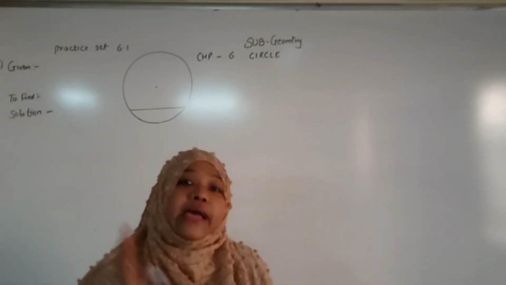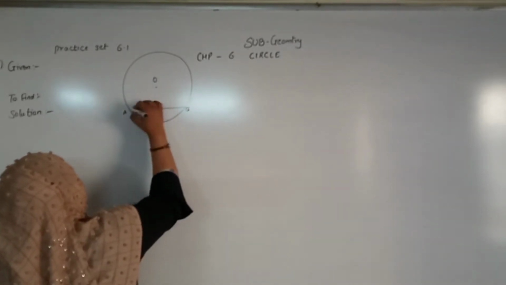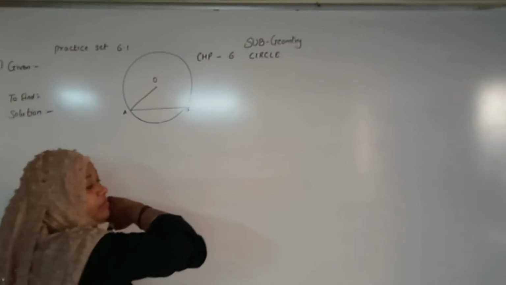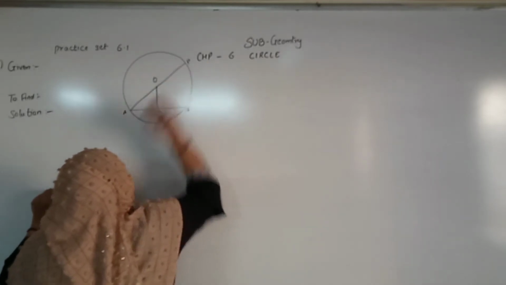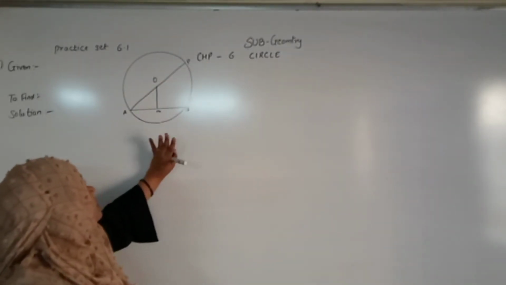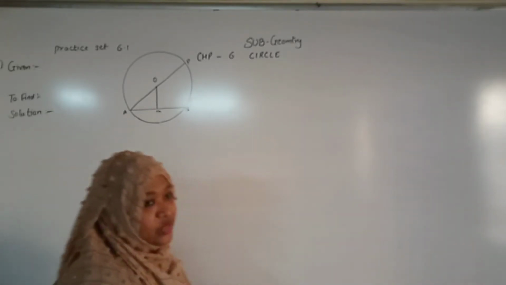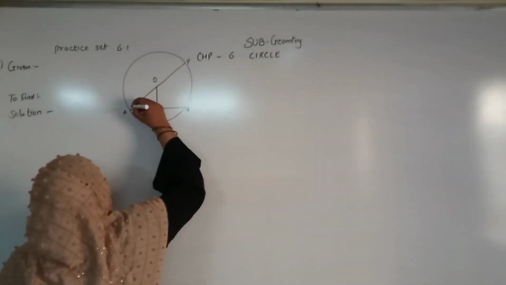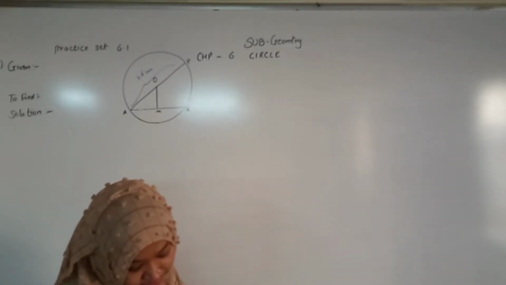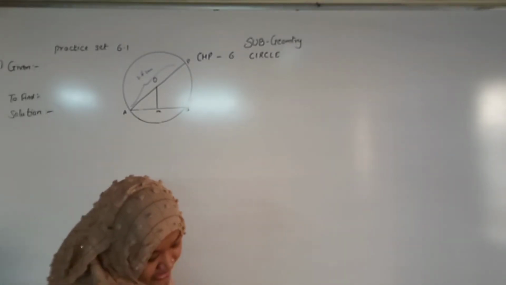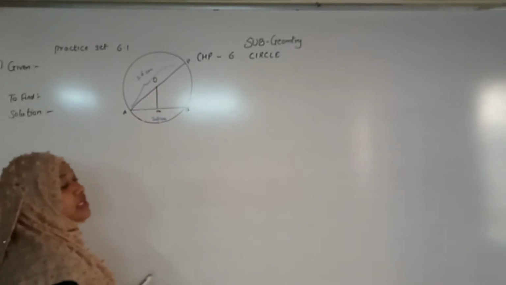So we will take names for our help. So I will always take length AB as a chord, O as center, AO is diameter, radius, AM is perpendicular bisector and I will go with AP. Now according to the question I have made the diagram and I will put the digits. Diameter of a circle is 26 centimeter. So this is the diameter, that is 26 centimeter. Next, the length of the chord is given 24 centimeter. We have to find the distance from the center of a circle to the chord.